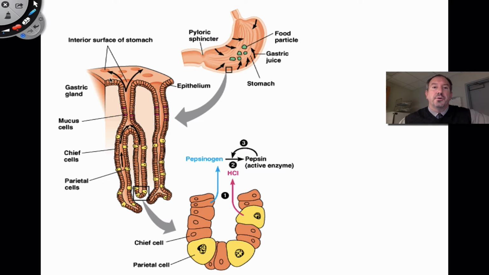We have all that rugae, which helps to increase surface area, but check this out. There's literally holes in the mucosal layer called gastric pits, sort of like a manhole on the street. Although that's kind of gender biased, it's really just a worker's hole, sometimes called a manhole. I guess women can go into it as well. At any rate, you can go down into these pits, and this is sort of looking at a profile here. You go down and it goes further and further down, and these invaginations in the stomach increase the